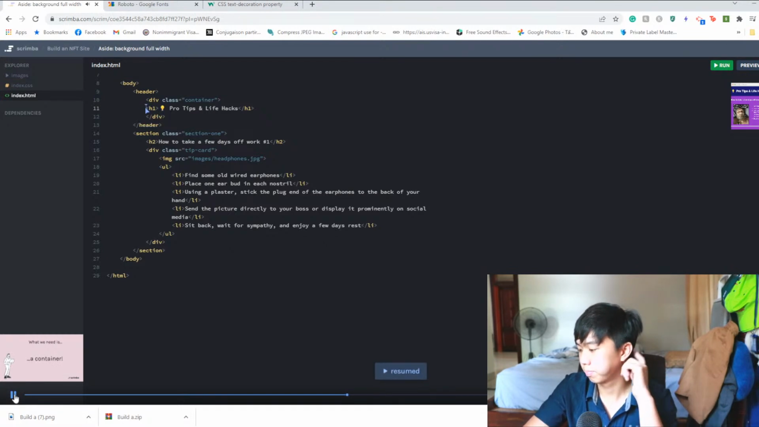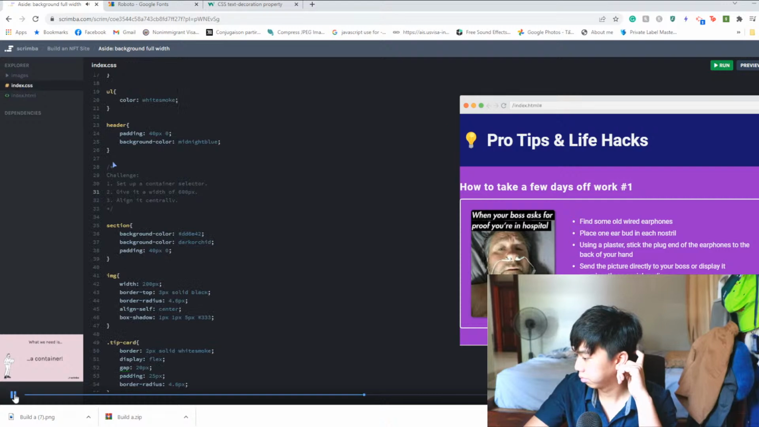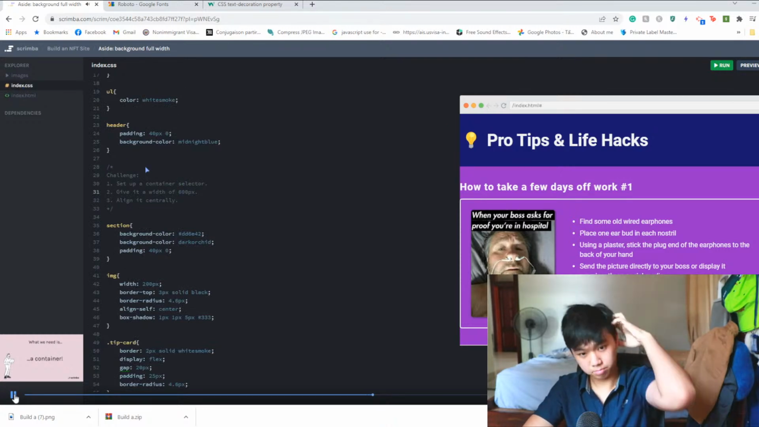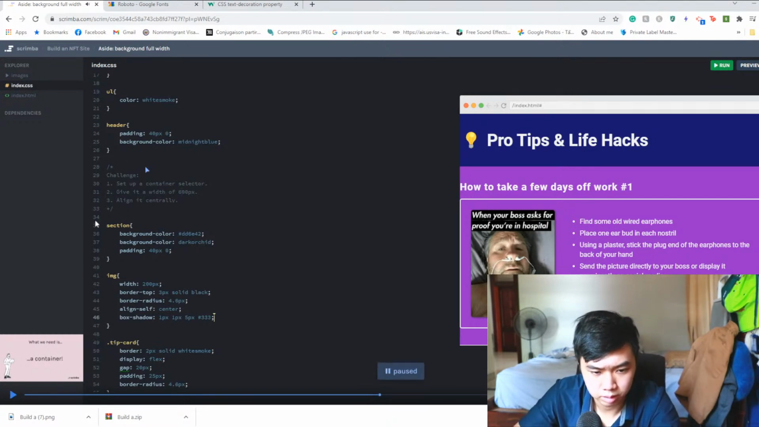So I'll close off our div. And of course, to keep things tidy, I'll tab in once. Now, if I save that, of course, nothing's going to happen because we haven't done any CSS yet. So let's pop back to the CSS file, and I have set up a challenge for you here. I want you to set up a container selector. I want you to give it a width of